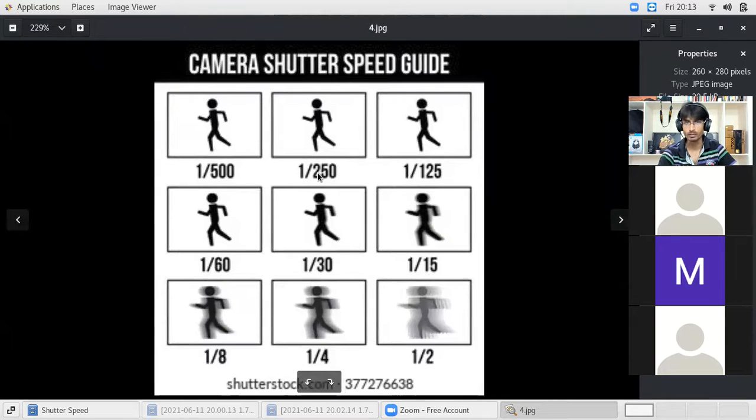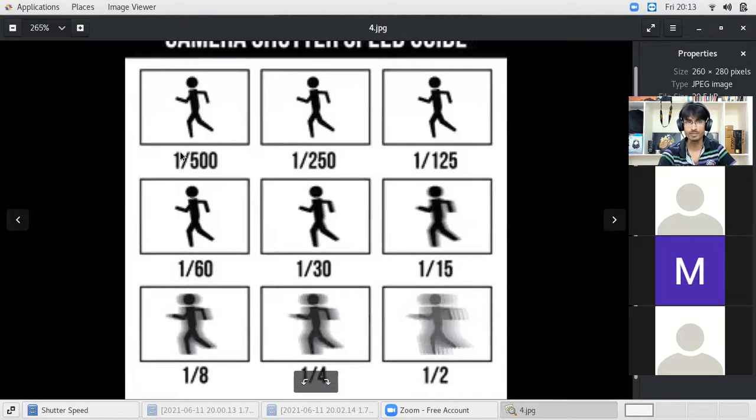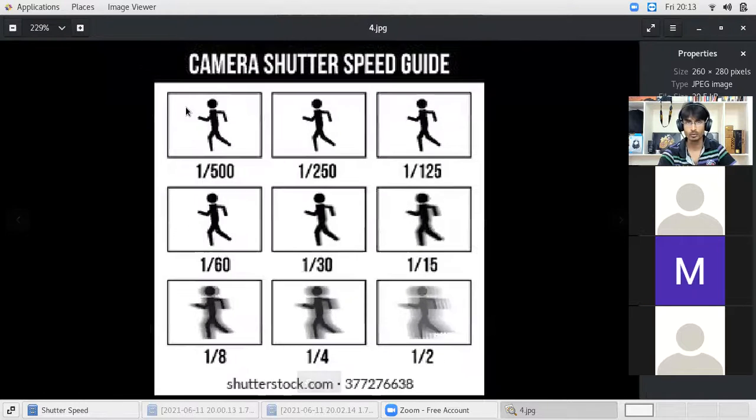Similarly, 1/250th of a second, 1/25th of a second, and the last one is half of a second. This is how we represent shutter speed. In the first case, the sensor is exposed to the light for 1/250 of a second, which is a very small fraction of time.